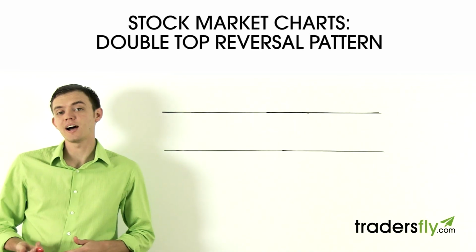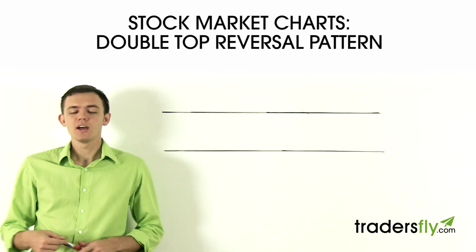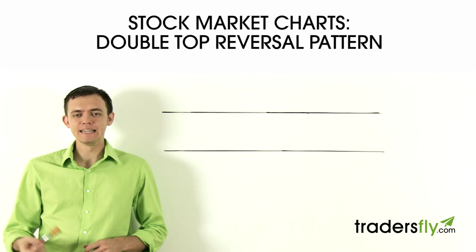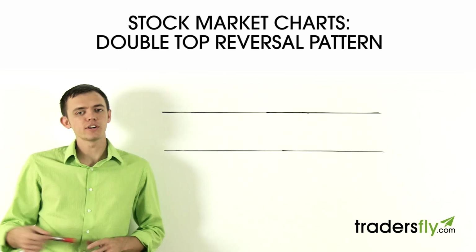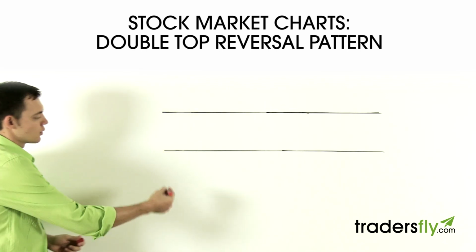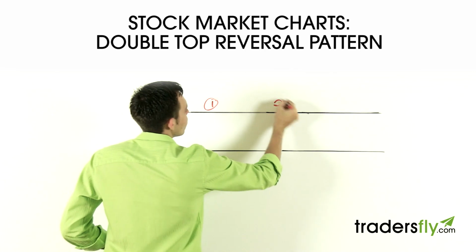Let's talk about the double top. The double top reversal pattern is a bearish pattern. What happens is you need an early prior trend that's positive in order for it to be a reversal. Let me show you. So what we have in a double top is usually 2 points that force a stock